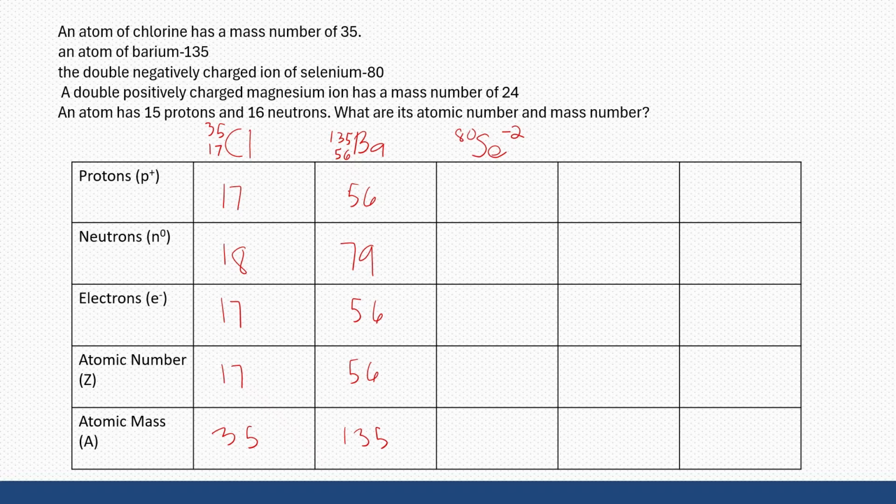Now, when you see a negative charge, it means that the atom becomes an ion. Okay? As you go back to our discussion, if atoms become ions, they acquire charges. So, negative charge means that it gains electrons, and positive charge means that it lost an electron. Right?